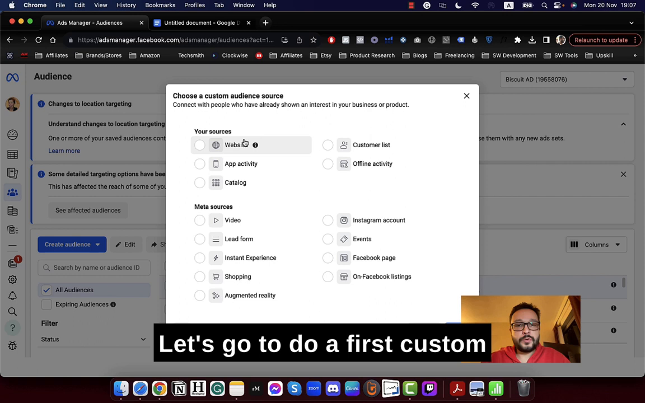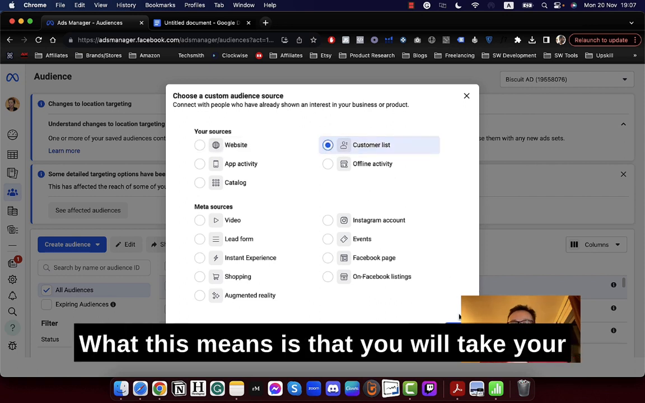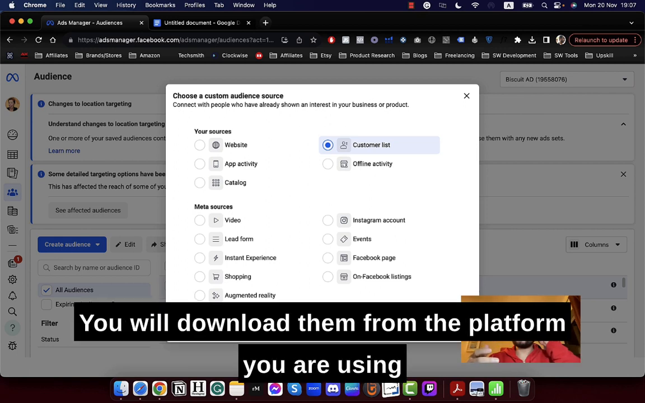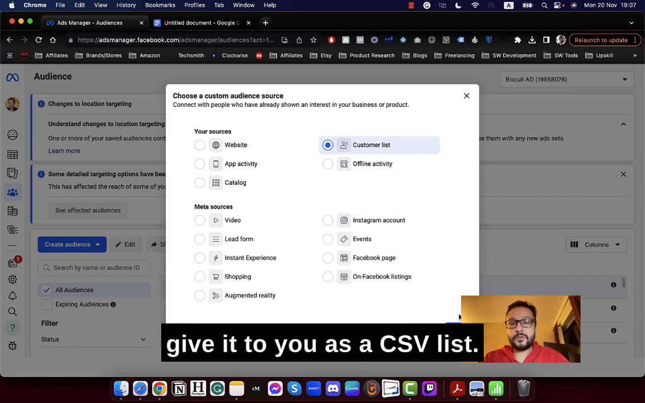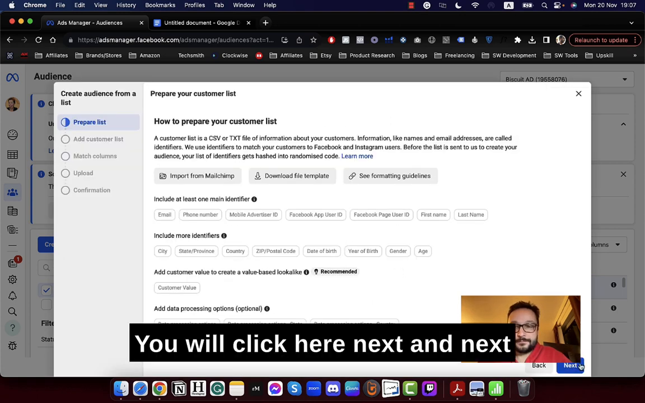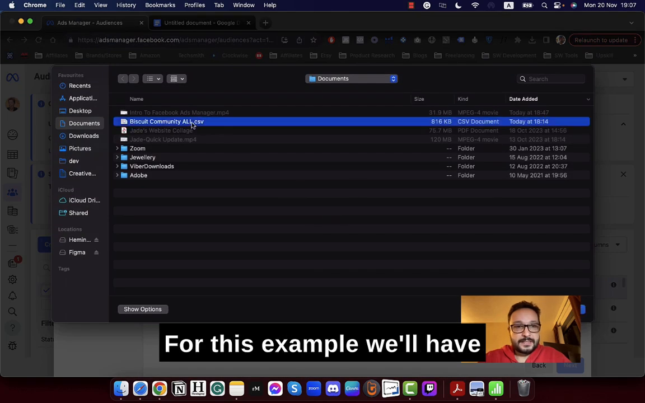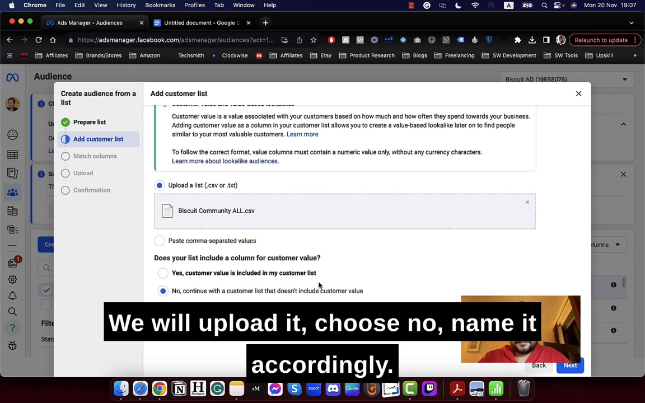Let's go to do a first custom audience and let's choose a customer list. What this means is that you will take your customers or the emails you have in your newsletter, you will download them from the platform you are using as a website or as an emailer, and it will give it to you as a CSV list. You will click here next and next, and you will upload the file. Here for this example we'll have all the Biscuit community members. We will upload it, choose no, name it accordingly,